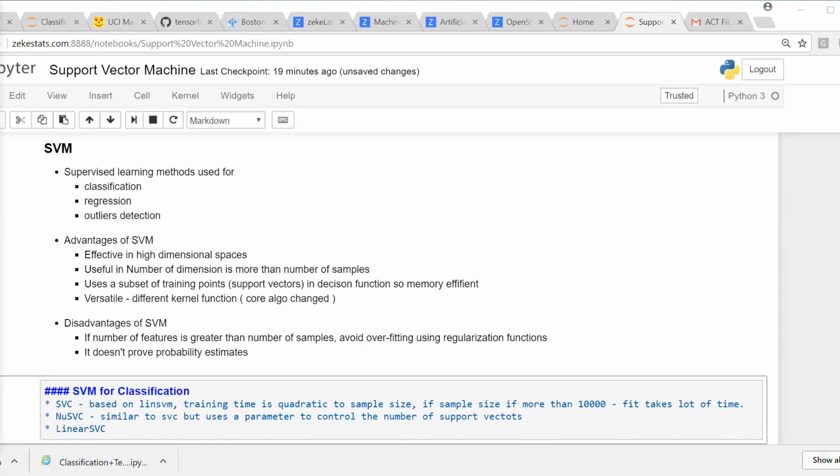Okay, and the third one is LinearSVC. This is the most flexible one among all these three. It supports both dense